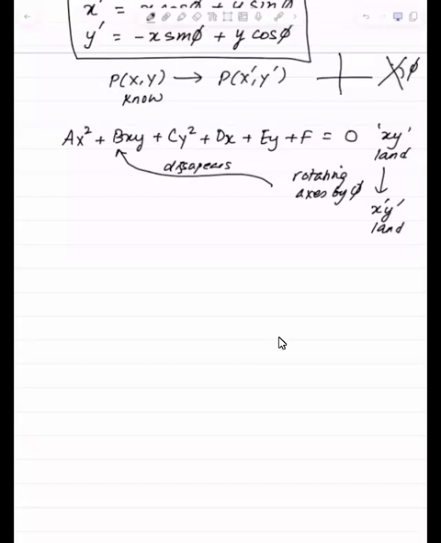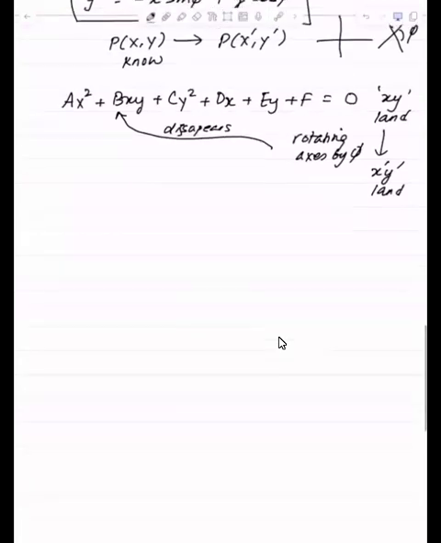That means b will be 0. That means this b term will become 0. So let's see how we are going to do this. We are going to go into x prime, y prime land. So we are going to replace